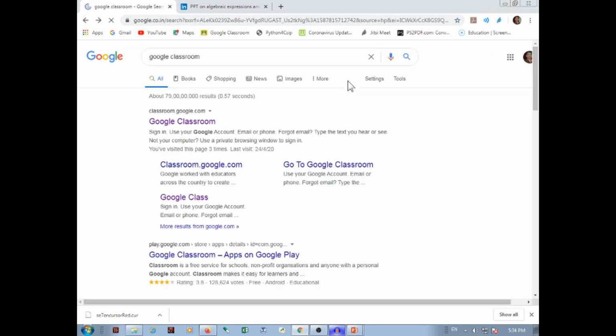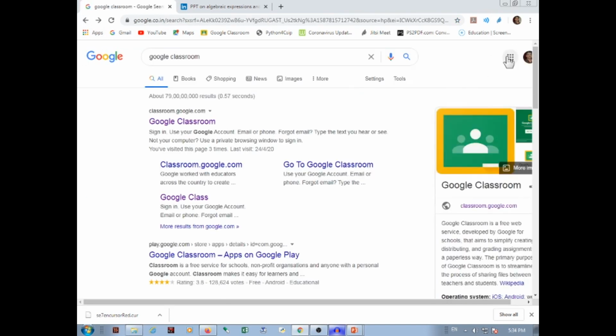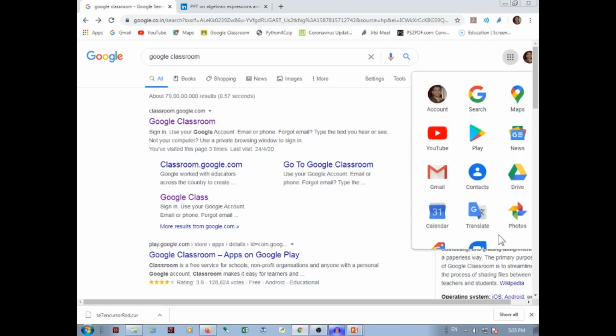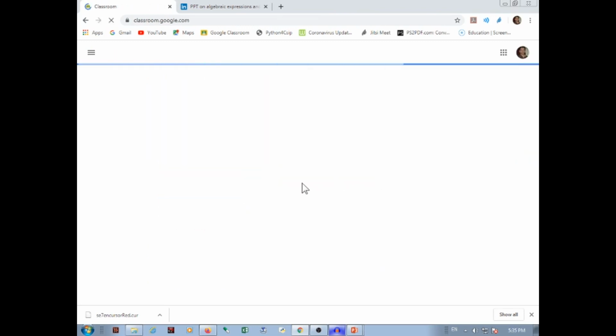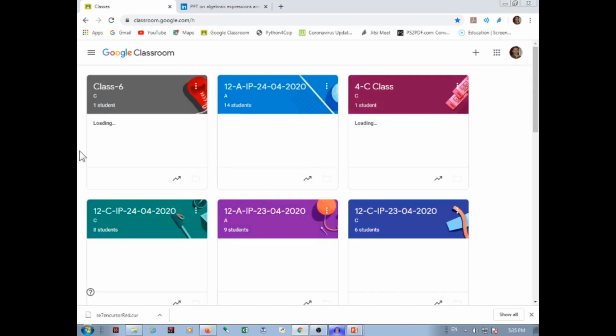Now we see the other way how we can use Google Classroom. When you log in to Google, you can see there are many Google apps. At the upper right corner, near your profile pic, you will find the Google apps. Click there and scroll down at the bottom and you will find Google Classroom. Click here, and from here also you would get in with Google Classroom. Now you can see that this interface is coming because I have already taken so many classes.